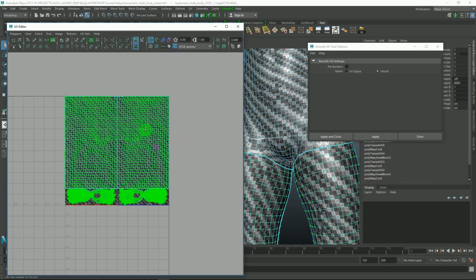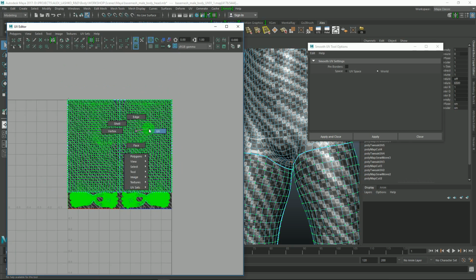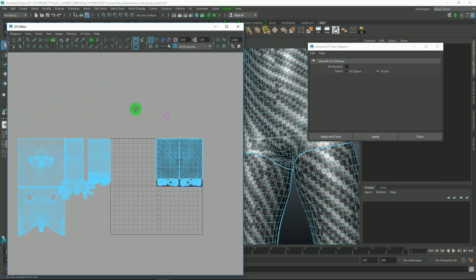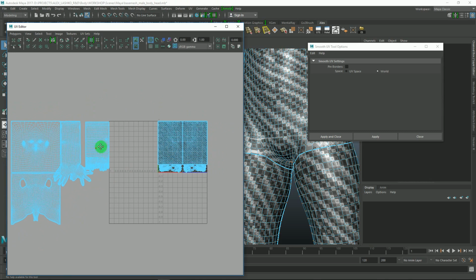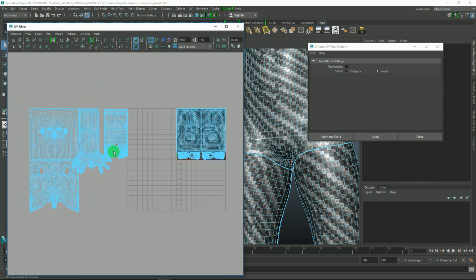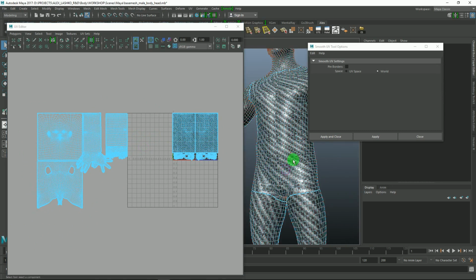Alright, so here we go. All the UVs are nice and squared. Of course, this one was not done as I didn't take my time, but you get the idea of how I approached it. And